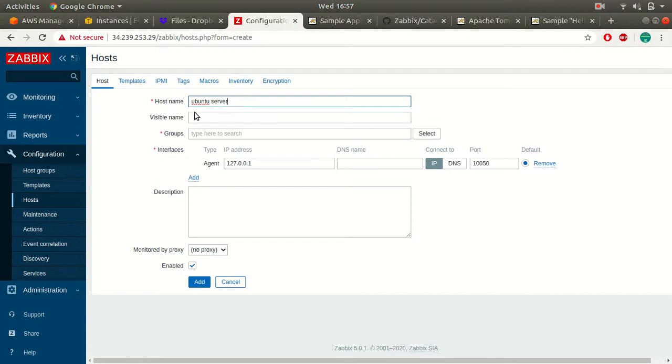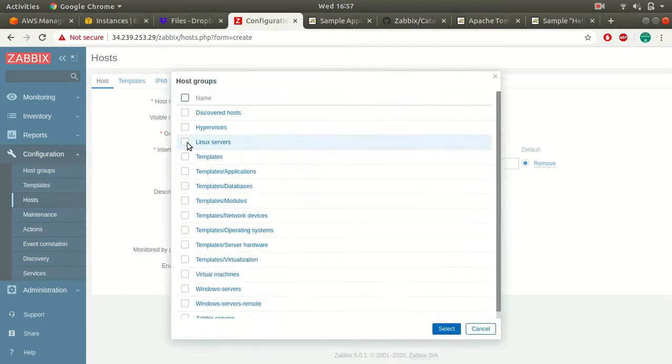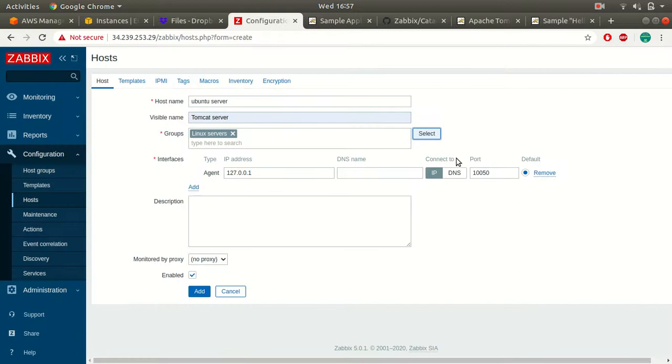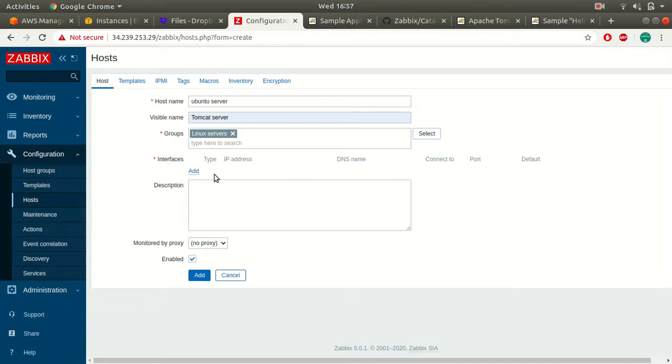For this you can follow my previous session, which is in my description section, for what information you'll need to provide here. So let's call this Tomcat server, and then the groups. This is going to be a Linux group, and here we are not going to use this, we are going to add a JMX.